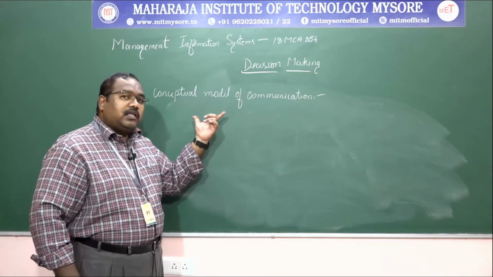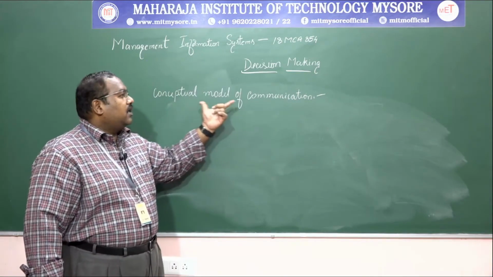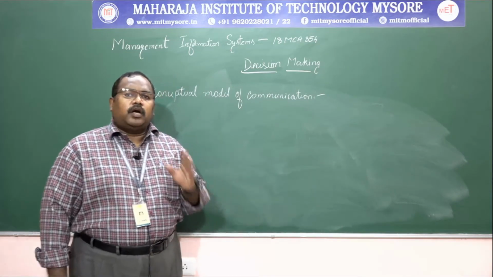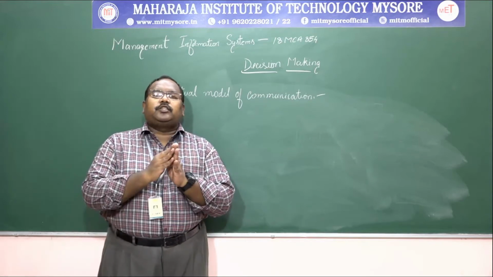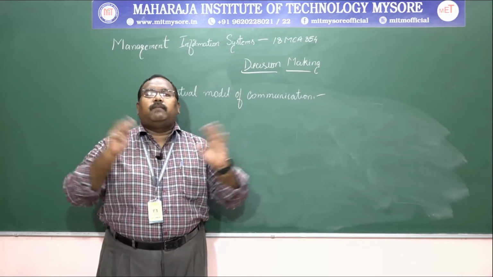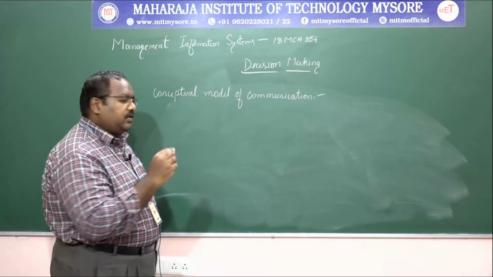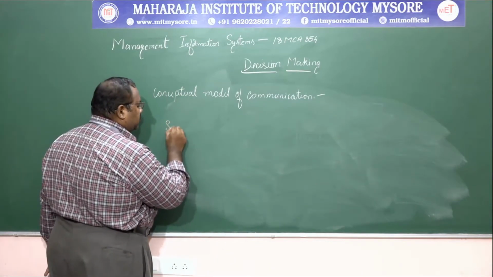So when we talk about circulation, here comes the concept of communication, whether it might be data or information. It needs to be transmitted from one place to another. When it needs to be transmitted, we consider two components. One, that is the source.